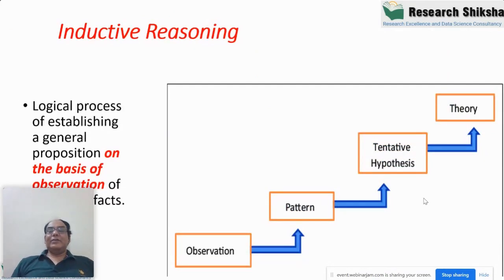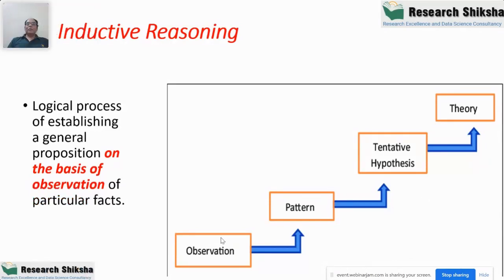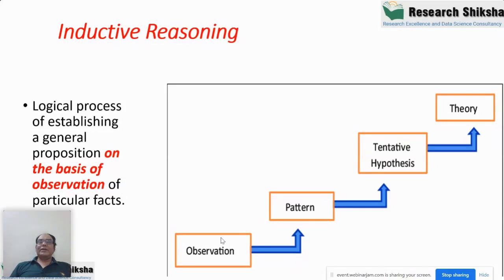So what is inductive reasoning? You have to understand, in qualitative research this is very important. First of all, you observe something. For example, I had many new observations in the last 6 months. Like, for example, now the government is earning money from increasing the price of petrol, increasing the price of liquor, right? So this is my new observation, that the government is making money from these areas.